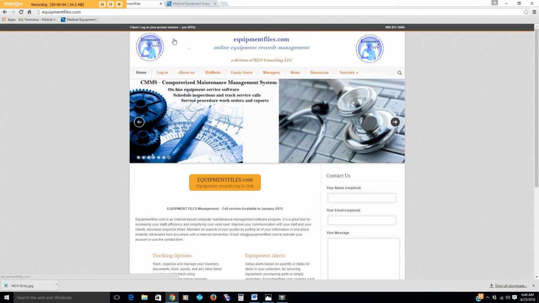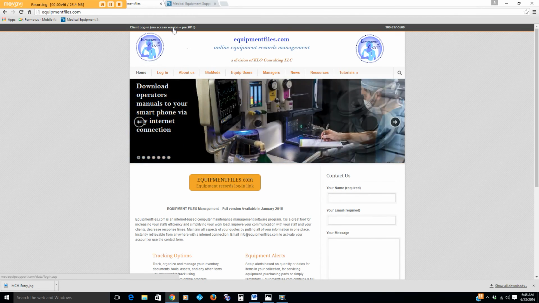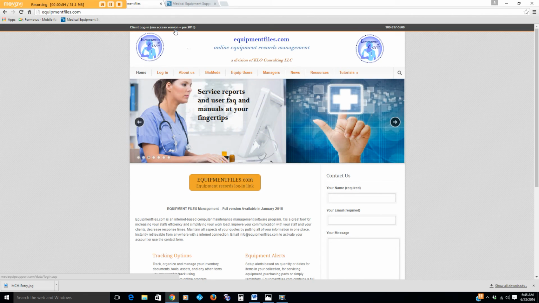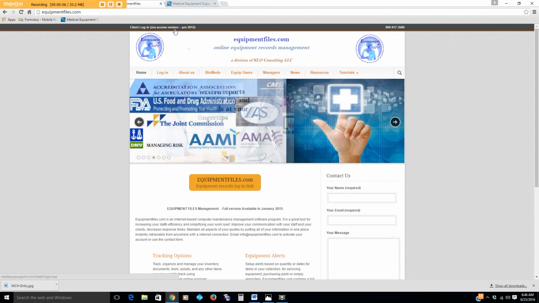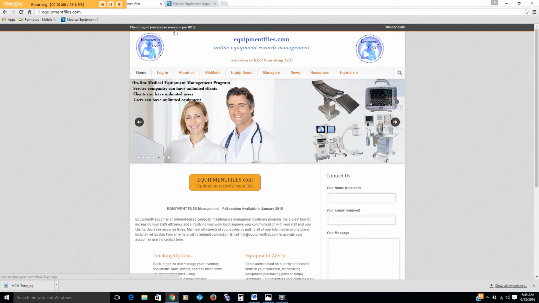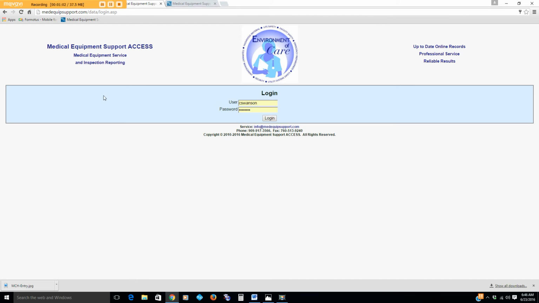What we're going to be talking about today is the Access version that was in use for like 10 to 15 years. Some people prefer to use this version because they have greater access to the program, because they can download it to their own server and perform maintenance on the files at that point. We'll click in, it brings you to the login page,